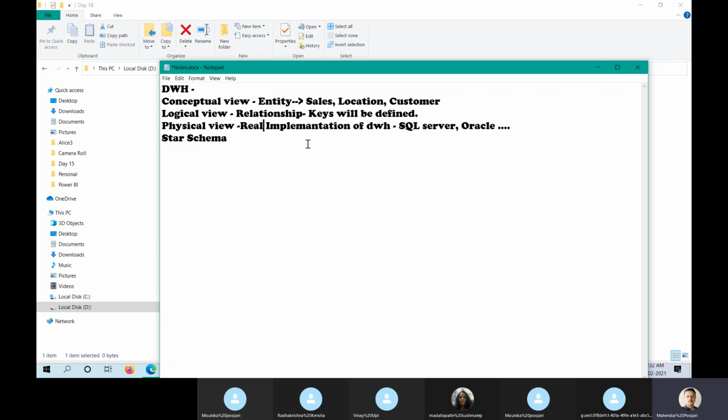This is a real implementation. So you have the star schema and the snowflake schema.